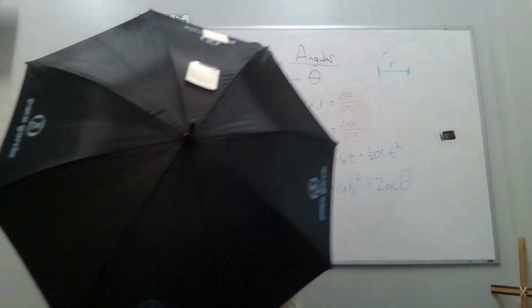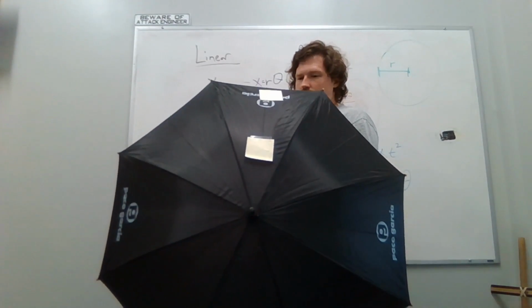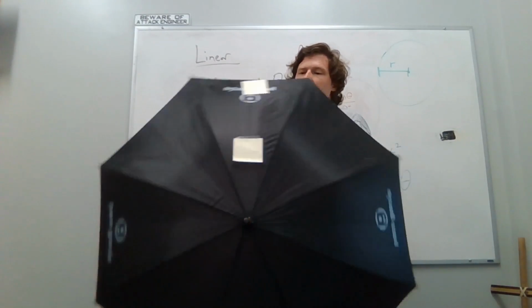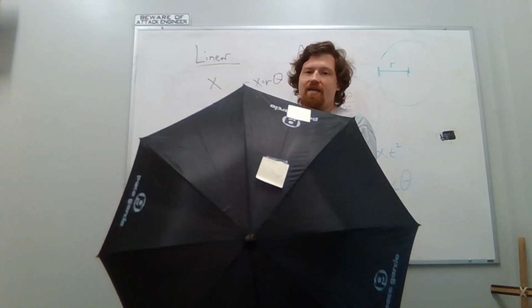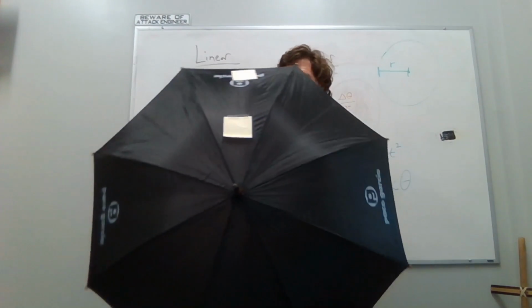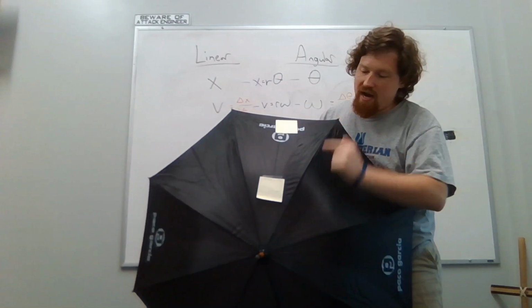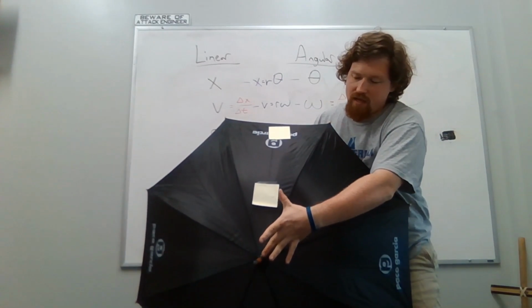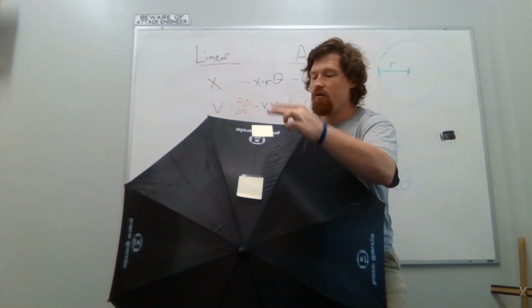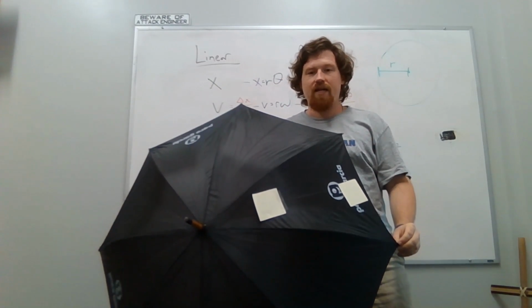All right. So, if I rotate the umbrella 90 degrees, each sticky note is going to rotate 90 degrees. Their angular displacements are going to be the same, 90 degrees each. But they're at different radii from the center. I'm going to say this first sticky note is about 25 centimeters from the center. The second sticky note is about 50 centimeters from the center. If I rotate them both 90 degrees,